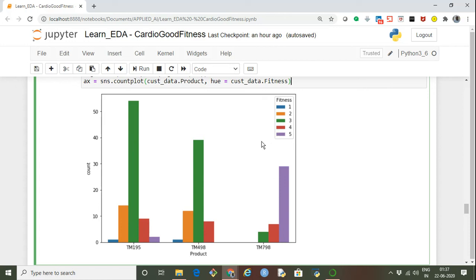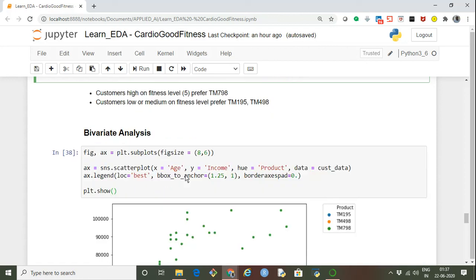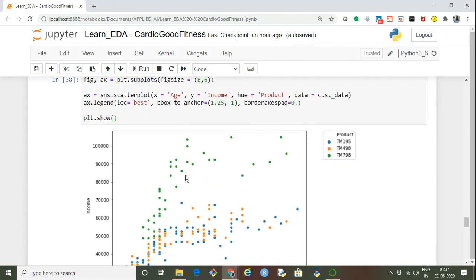It means the people who believe that they are extremely fit prefer to buy this TM798 model of treadmill, whereas the ones who rated themselves average or okay preferred the other two models. Now let's do a bivariate analysis based on the age and the income, and we want